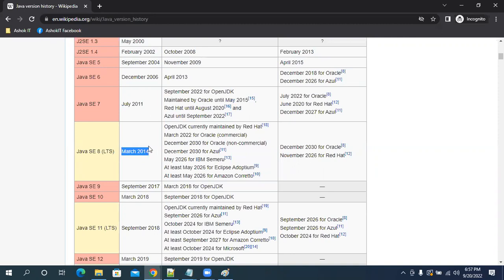Then Java 8. From Java 7 to Java 8, a 3 year gap. Java 5 and Java 8 are the biggest releases for Java. If we talk about new Java features, we need to start from Java 1.5. So many changes were added in Java 1.5, and again in Java 1.8, so many new features were added. To be frank, 95% of the Java people working in the industry are not comfortable with the Java 1.8 version today.